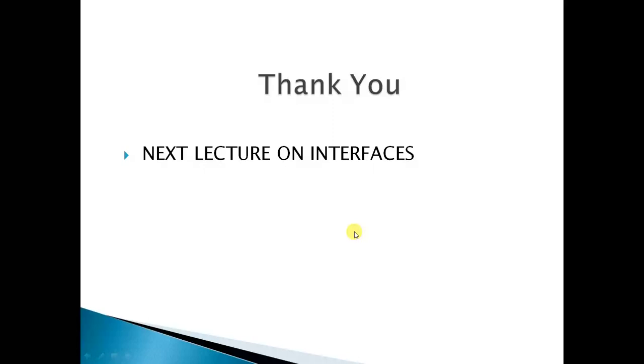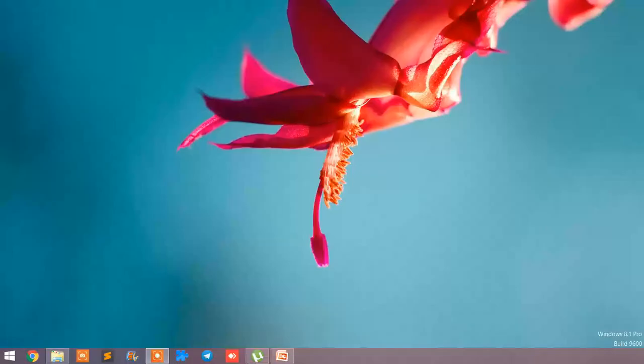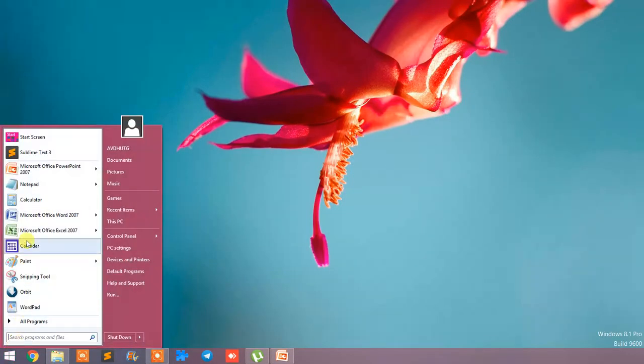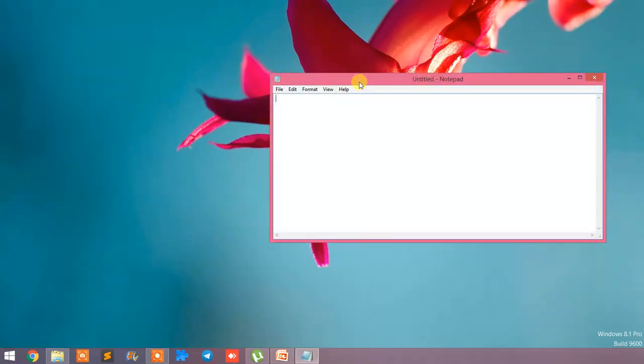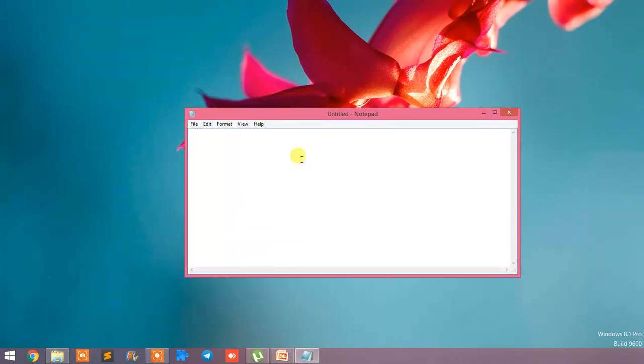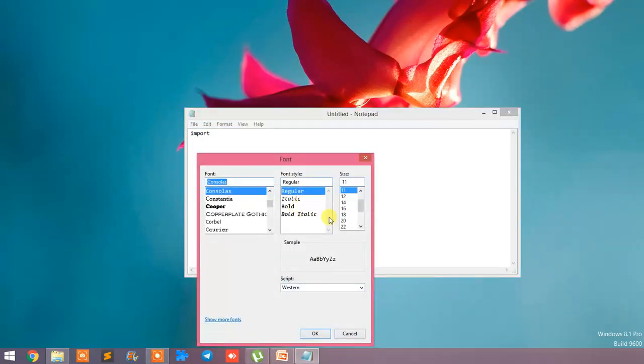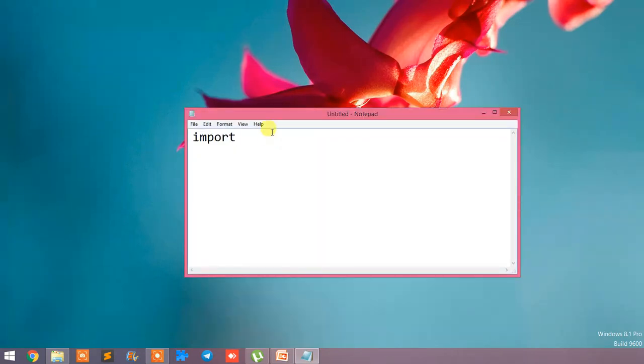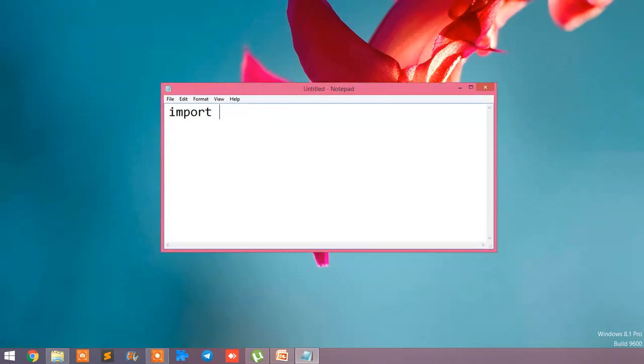Okay, so let's go into the Notepad. So here I am opening the Notepad, and I am just writing the program here. Import. So I will make the font size bigger so that you can easily understand it. Now it is fine, you can easily see it. Import java.io.*